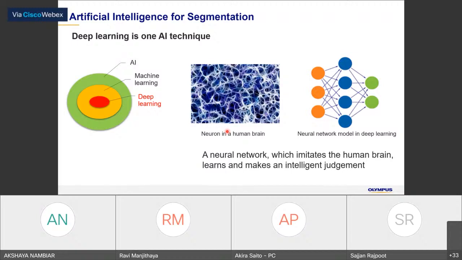For artificial intelligence segmentation, deep learning is one of the hot topics in the market for the biological analysis field as well. For AI, there are actually some levels of image detection. One is called deep learning, which can simulate the neurons in our brain and do complex detection.